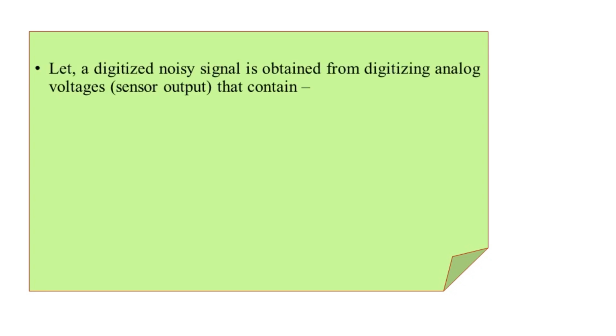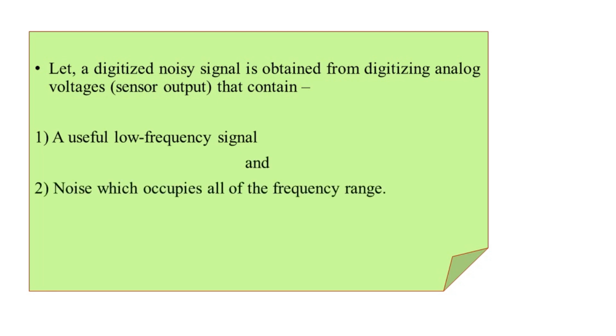So now at our hand we have a digitized noisy signal. The signal is of the digital type, but it contains two parts. One is the useful and another one is not useful, that is unwanted, and finally we want to remove that particular portion here. So in this particular example we have a digitized noisy signal that has the useful part to be a low frequency signal. That particular information we want, and we want to process it further for accomplishment of a certain application here.